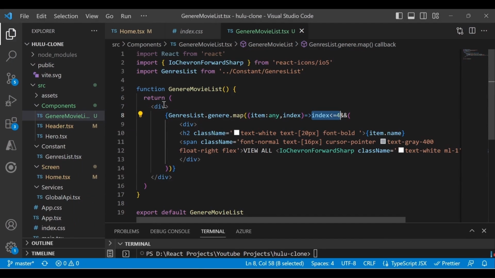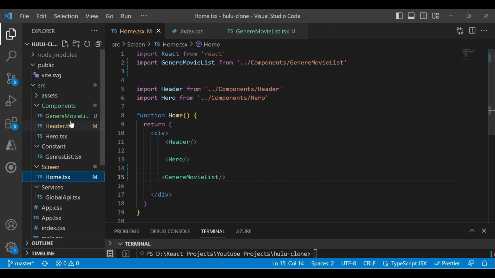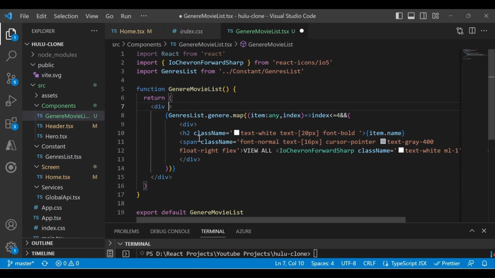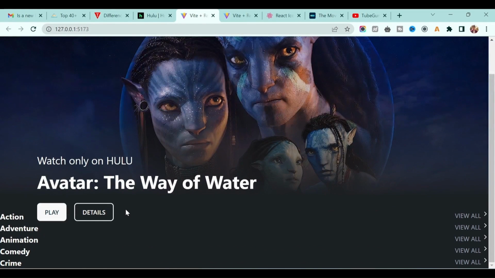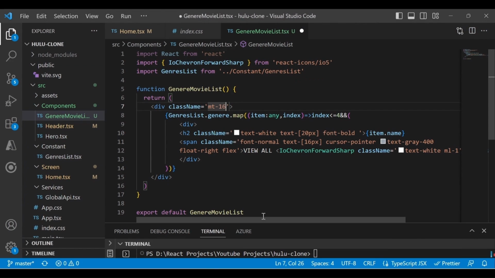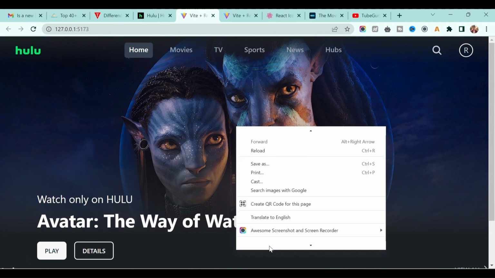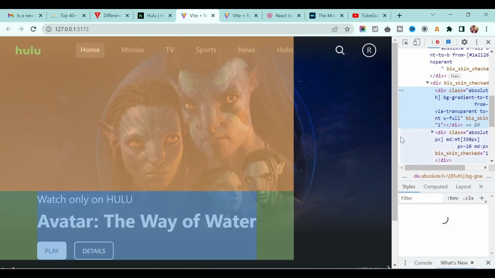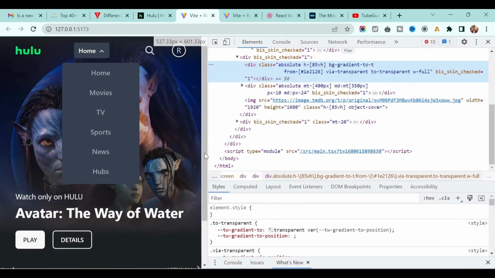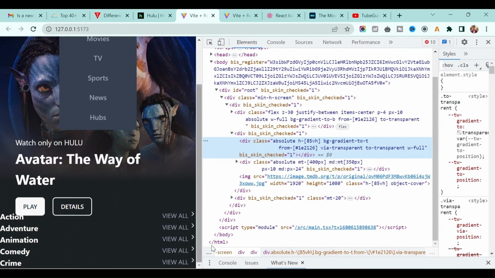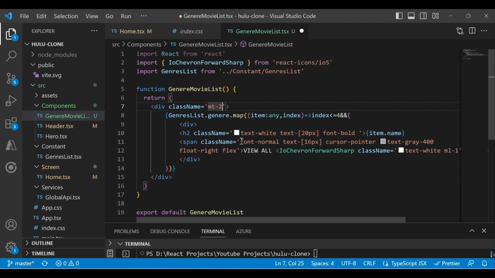Okay, now if you see, it's going upside, right? So we'll give some margin from the top. You can give margin here, or you can go home and give the margin at this place as well, but in this case I will add margin top 10, for example, and let's see how it looks. So we want more margin, we will give 20. Okay, and if you see, now it looks good. And if I decrease the size of this one, still it works good, right? If you want more margin, you can give more margin.